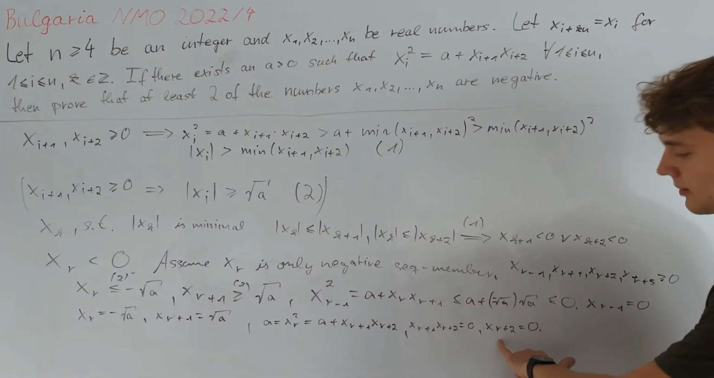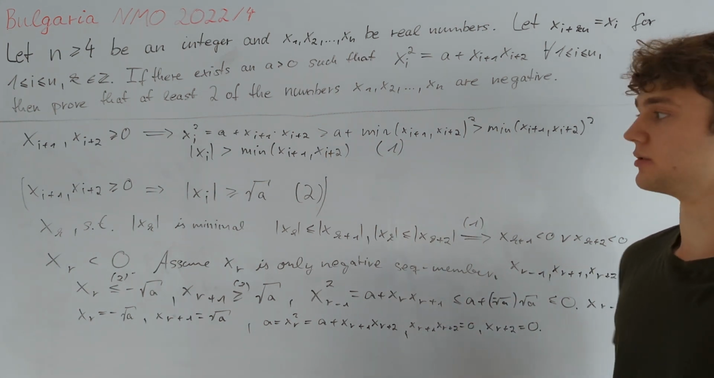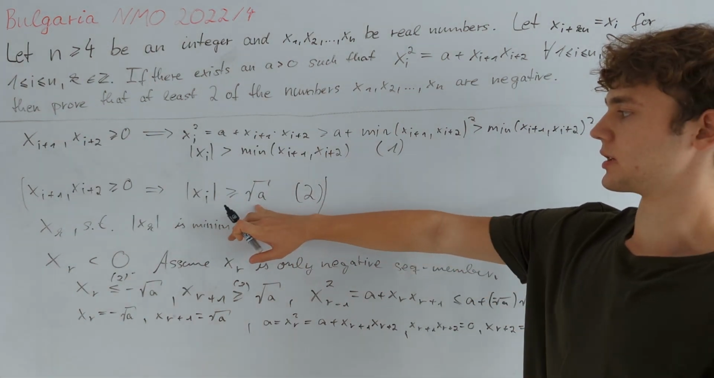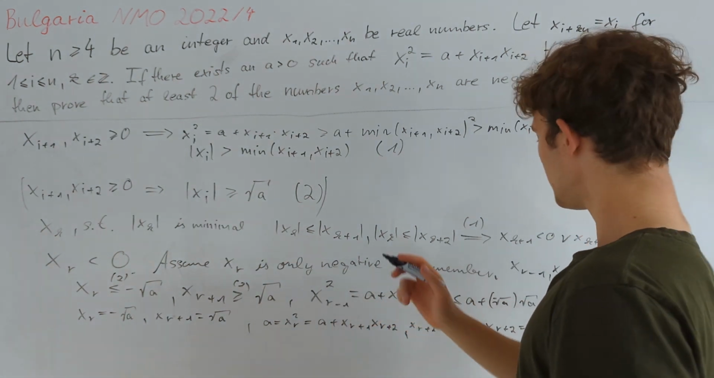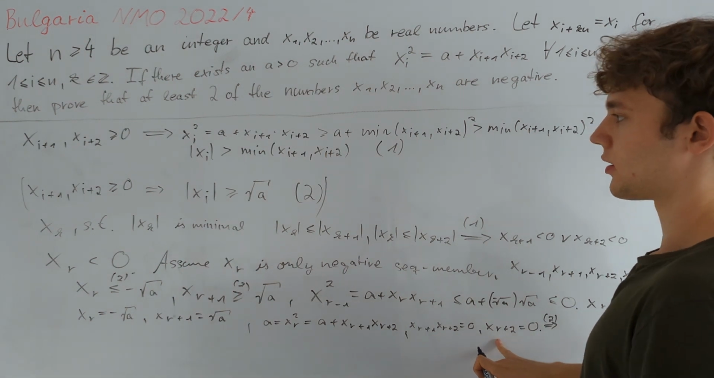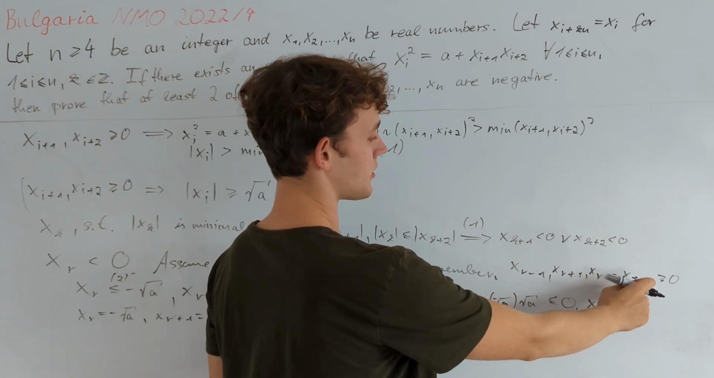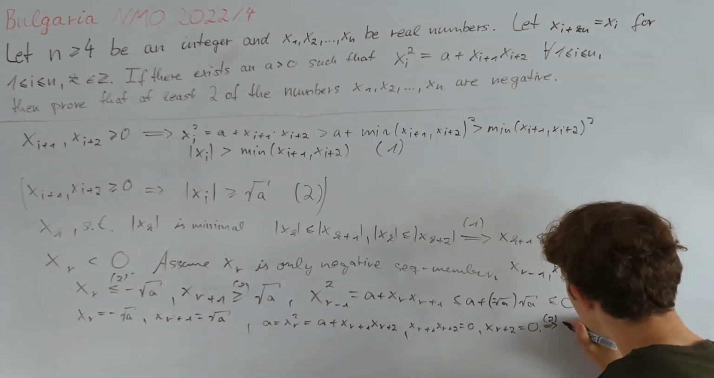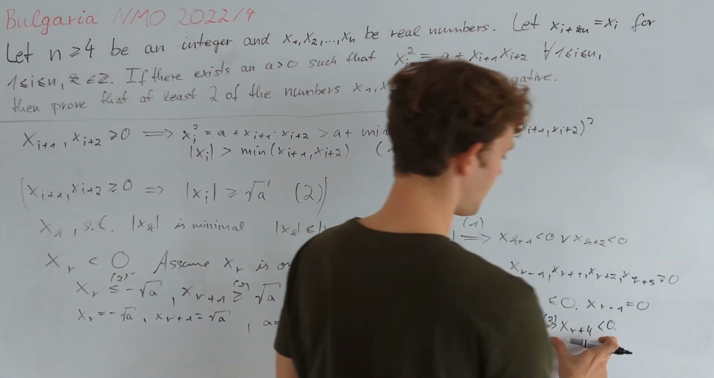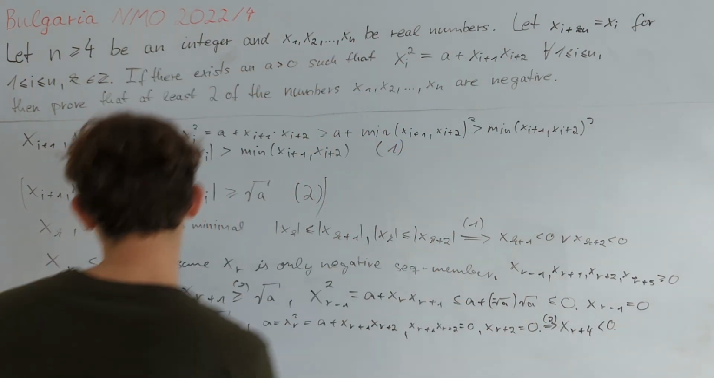Now, xr plus 2 is also a very interesting sequence member because it has a small absolute value. And if we take a look at what equation 2 tells us, this cannot be true for r plus 2, and therefore equation 2 implies that either xr plus 3 or xr plus 4 is negative. But we already know that xr plus 3 is greater than or equal to 0, and therefore we get xr plus 4 less than 0. Now we have what we wanted exactly, a second sequence member that is less than 0. Therefore, we are done